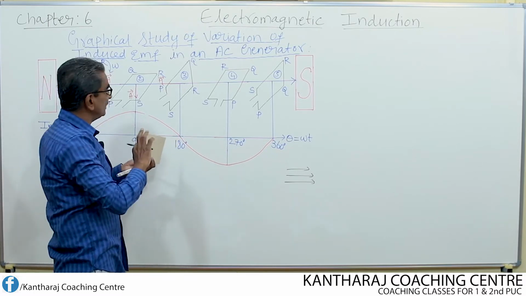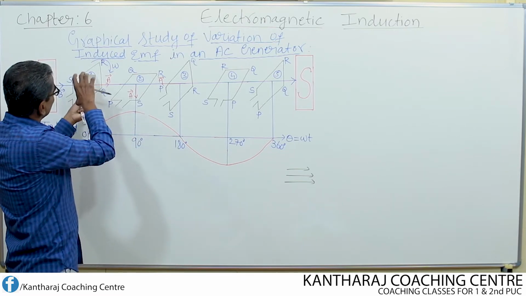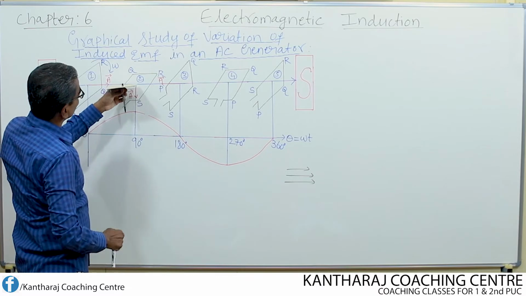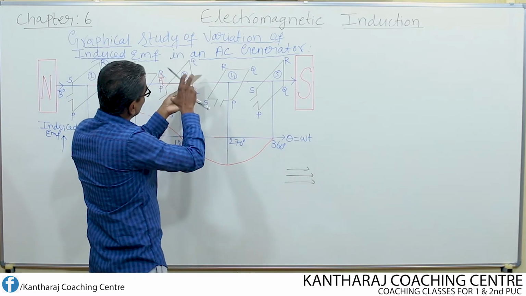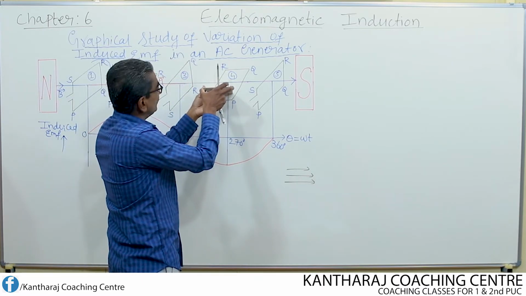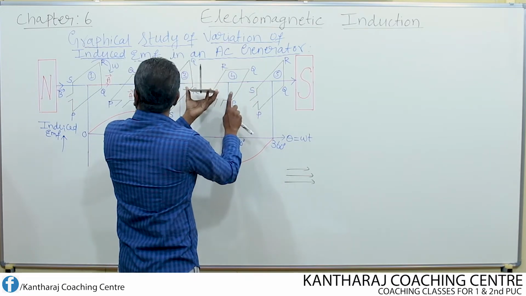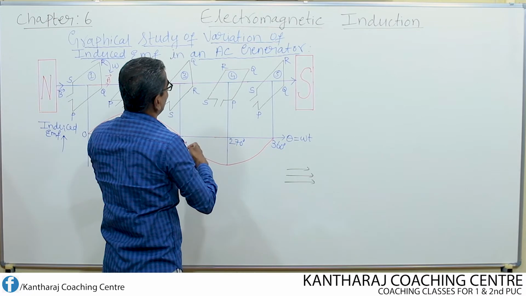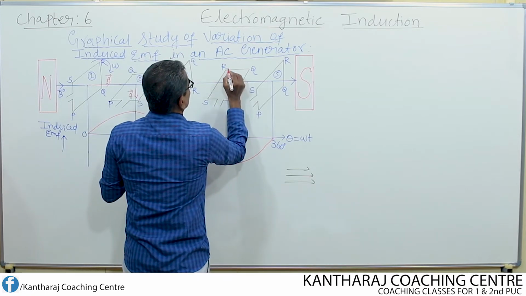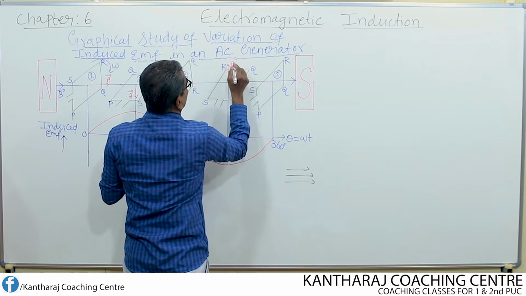Now let us rotate it further. So once again I start from the beginning. So let us consider 0, 90 degree rotation, okay, then 180 degree rotation, then I rotate this further so that it will become 270. Now how is the area vector? Now the area vector is perpendicular to the magnetic field, but it is directed along which direction? Now it is directed in the upward direction, like this. So this is nothing but the direction of the area vector.